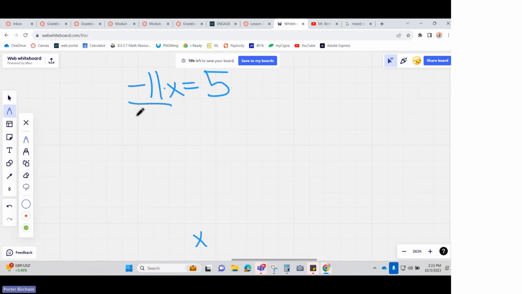I'm going to divide by negative 11. These cancel each other out because negative 11 divided by negative 11 is 1. And 1 times anything, the number doesn't change. So these cancel each other out, kind of like when you add 0. So x equals,